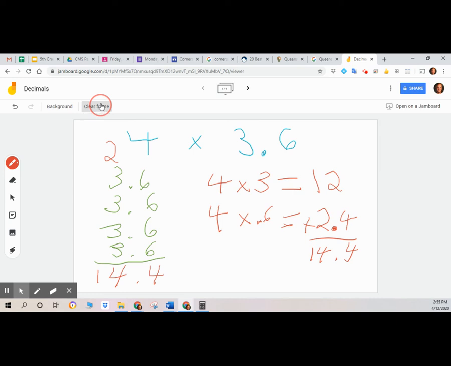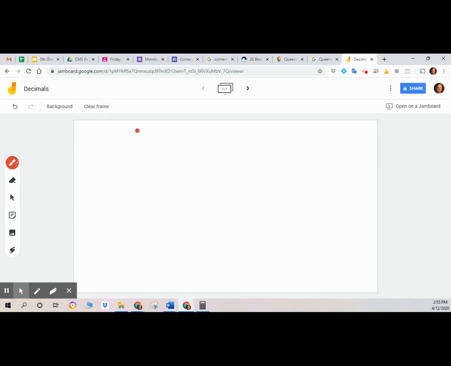So let's do one more just to make sure we understand what we're doing. So let's say we have 1 and 7/10, and we're going to multiply that by 9. There's a couple ways we could do it. Again, the same way we did this last one. You could add it up 9 times. I'm not going to do that right now. If we had one group of 9, that would equal 9. If we had 7/10 groups of 9, or if you want to switch it around, say 9 groups of 7/10,